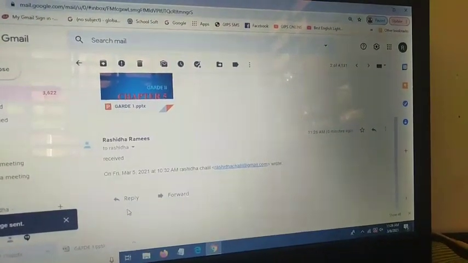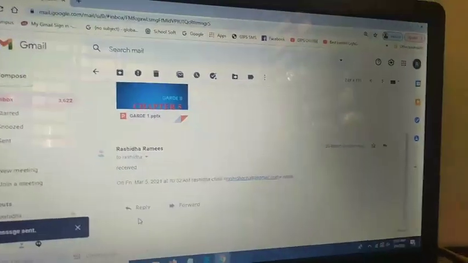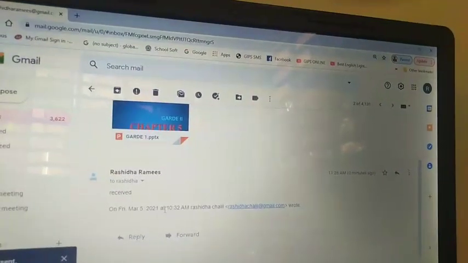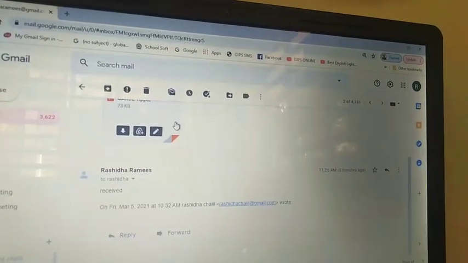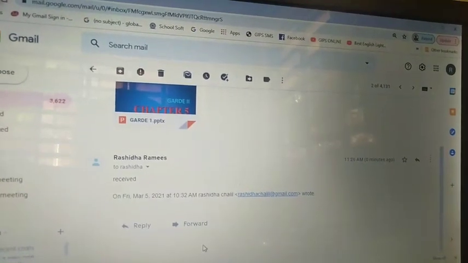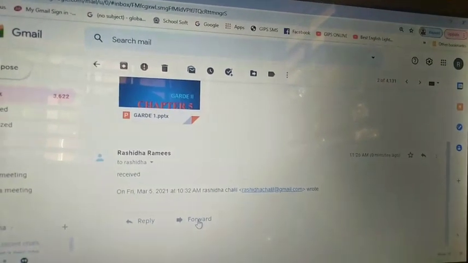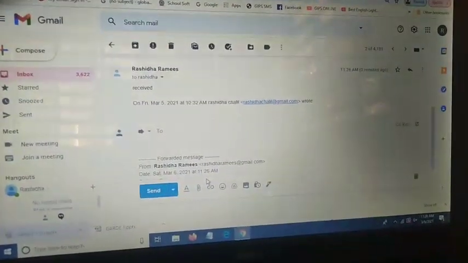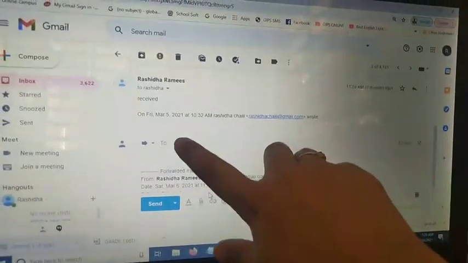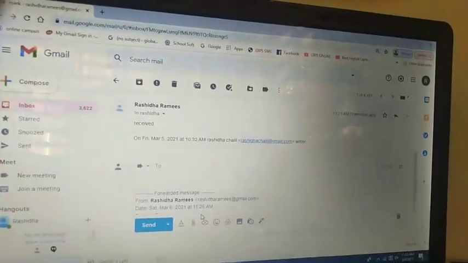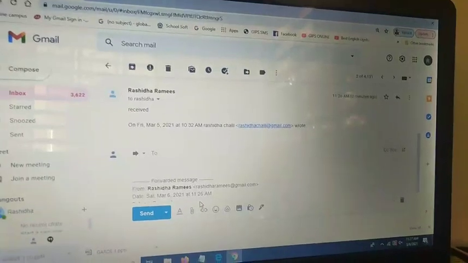Then the next option is forward. So we can have this attachment, then we want to forward this attachment to another person, so we can click on the forward option. Then we can mention the email address we want to forward this message to.